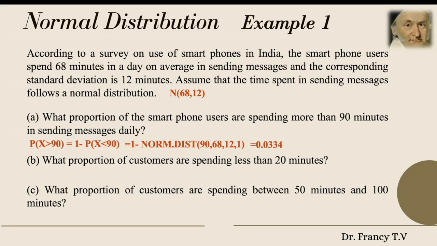In the second question, we are asked to calculate proportion of customers spending less than 20 minutes. Proportion means probability. That means probability of the customers spending less than 20 minutes. This is probability X less than 20. Probability X less than 20 can be directly calculated using the Excel function norm.dist. Value is 20, mean is 68, standard deviation 12, and logical value is 1. Using that one, you will get the value as equal to